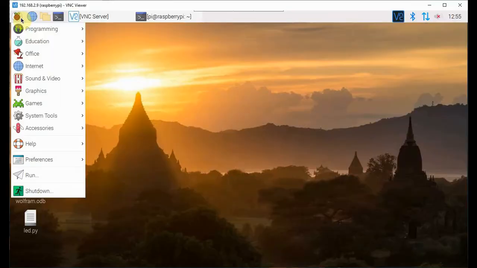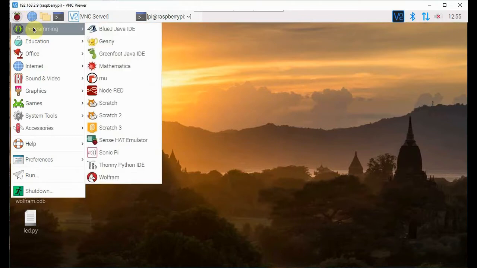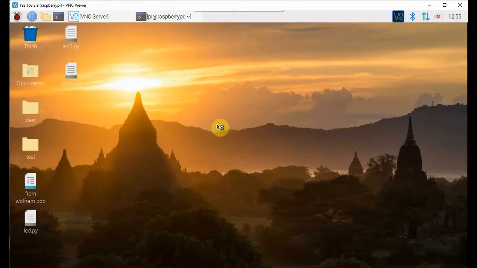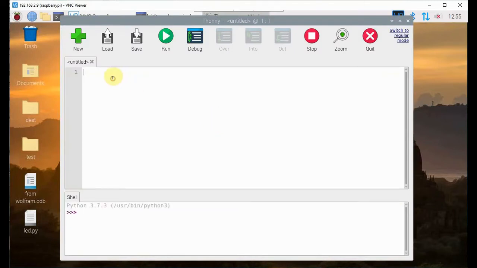Let us write code for generating PWM in Raspberry Pi. Go to the programming menu, select Thonny Python IDE. Import the PWMLED module from the gpiozero library. PWMLED should be in capital letters.